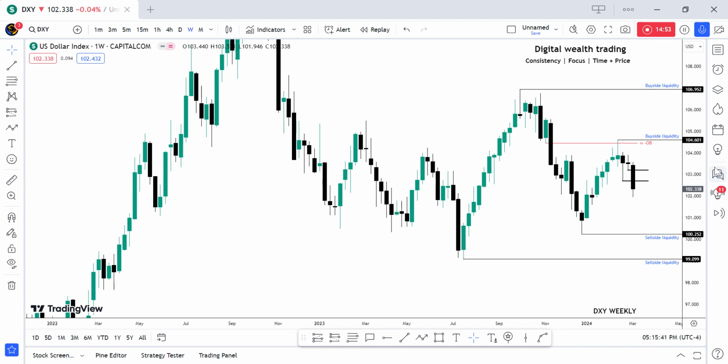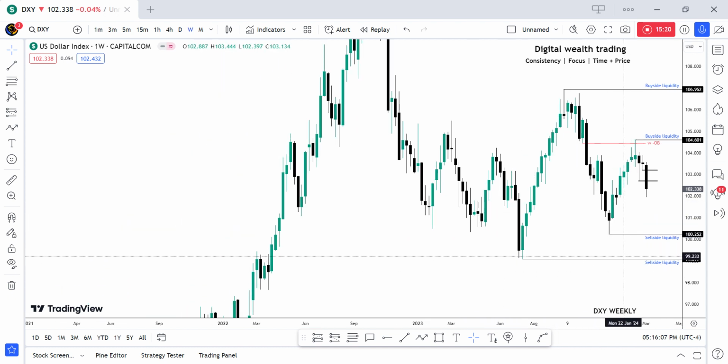All right. So having these parameters, I think it is very important to note that we can and we will see a very good move towards the lower prices. We have a fair value gap here, which is not going to be effective. A buy side and sell side inefficiency, which is not going to be effective, because we are looking for this price move.